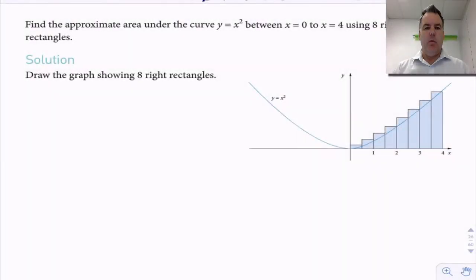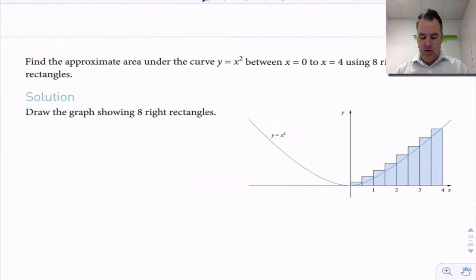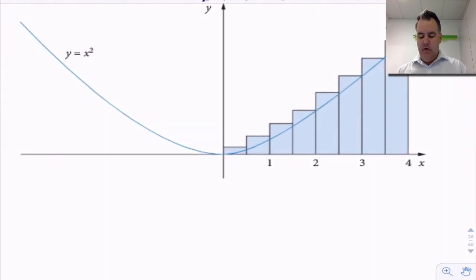So going through this really quickly, what we could do is work out the area underneath y equals x squared from 0 to 4 using 8 rectangles. I reckon it'd be a pretty easy job for you to work out the area of those 8 rectangles. The gap each time, or the base, is always 0.5, and then the height depends on the x value. It looks like we're using the right endpoints in this question, using right rectangles. So the first rectangle is at x equals 0.5, so the height of the rectangle, the y value, is going to be 0.5 squared. So we've got 0.5, that's the base, times the height, 0.5 squared,